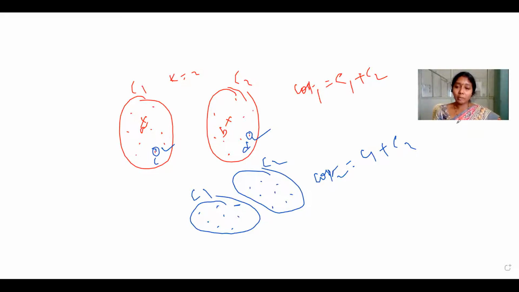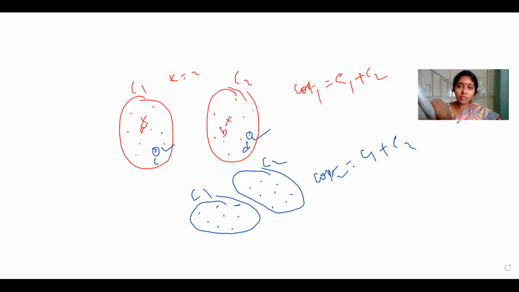And now, before going for the third iteration, it's time to decide whether the selection of these new representative objects is good or not. Are we taking a good move or a bad move? That we need to decide. If it is a good move, there is no problem, we can proceed. If it is a bad move, we need to backtrack.